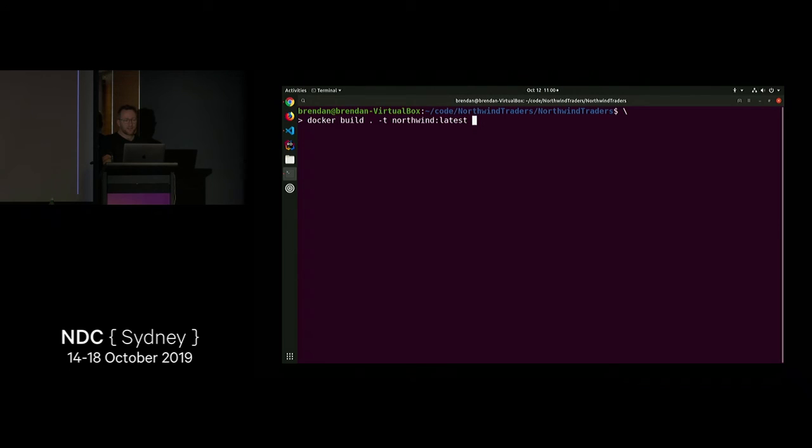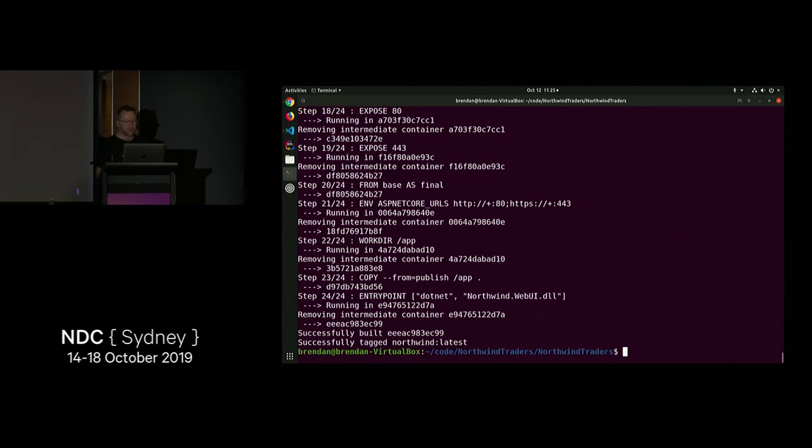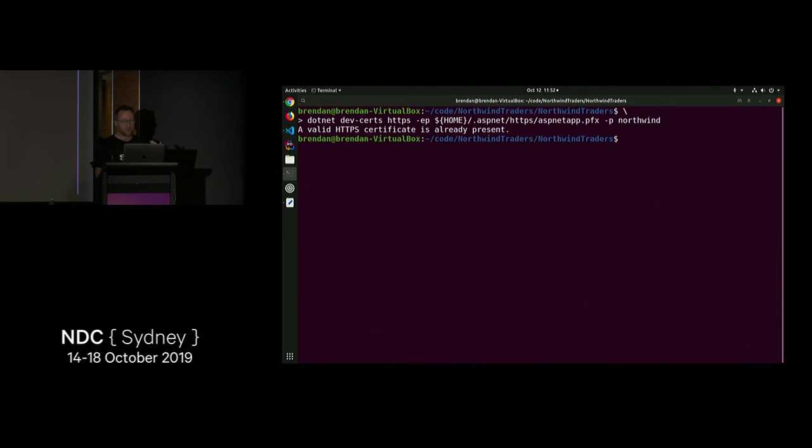So let's go ahead and run this. And this is why I really like Docker, because now I've made a Docker build file. I can run that build locally. So say docker build dot to say the current folder, -t to give it a tag name. And it runs, downloads all those different images up the chain, all the way up to that source image to build the system. And then it runs the build, builds it up, and we've now got a Docker image installed